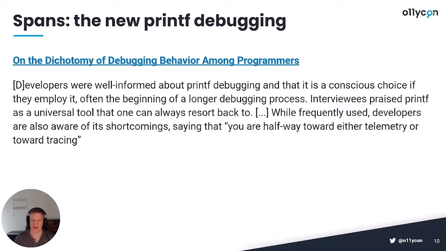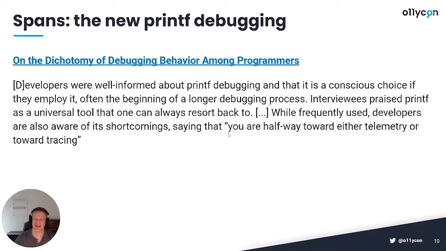And developers are well informed about printf and know that it works in situations, especially microservices, where you don't have access to a debugger, where you can't actually stop an application or inspect its threads. But they're also aware of its shortcomings, saying that you are halfway towards either telemetry or towards tracing. And I swear to God,